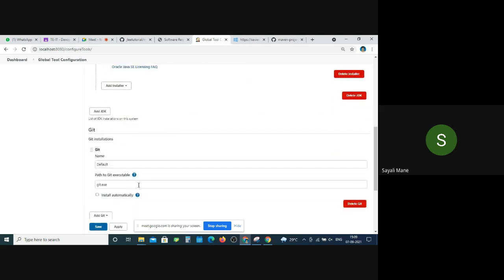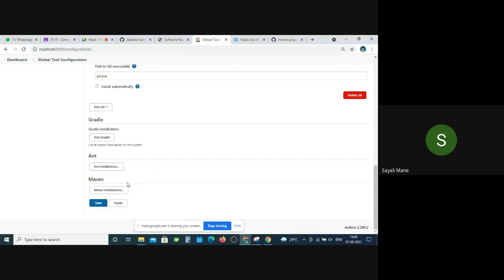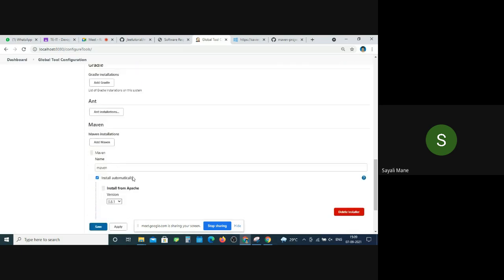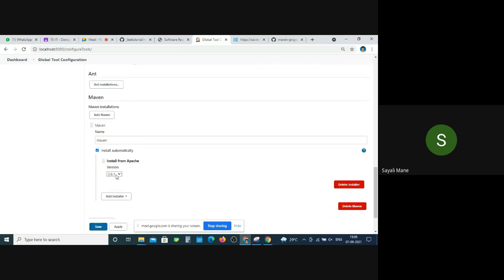Go to the Maven thing. Maven installation. Click on it. Just scroll down. Select 3.0.3. Check the version. Select 3.0.3. There. Now save it.